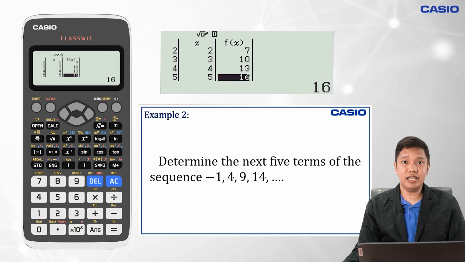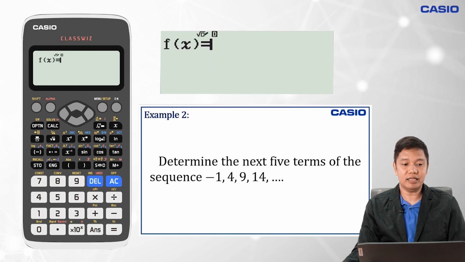Let us use again the table function to determine the next 5 terms of the sequence defined by -1, 4, 9, 14, and so on. Recalling that the nth term of this sequence is a sub n is equal to 5n minus 6. Alright, using our Casio Classwiz, we need to press again menu and then 9. And then input the function which is 5x minus 6, equals, and then ignoring again the second function by pressing